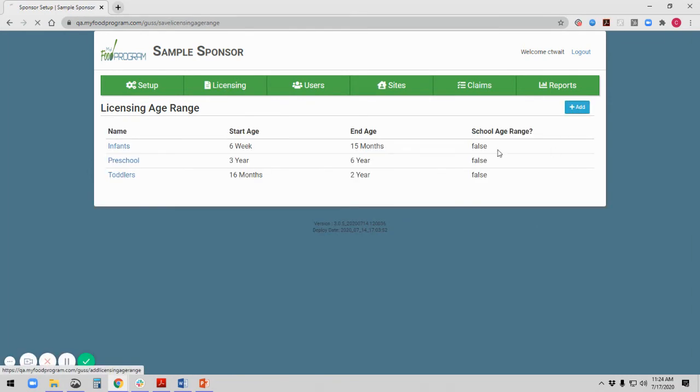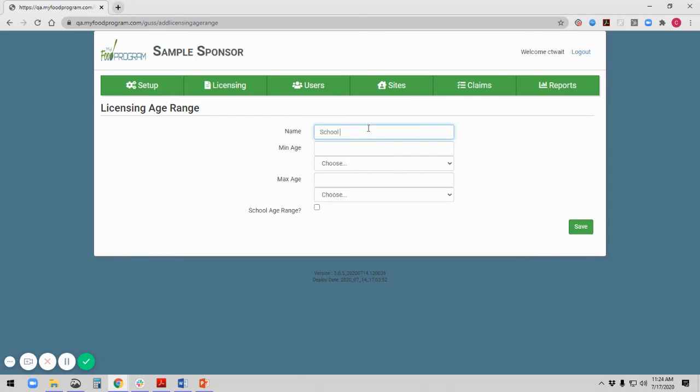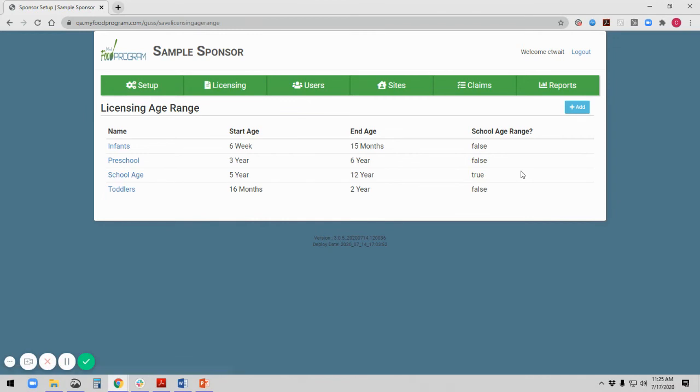And then we'll add a school age range, and the earliest that can be is 5 years old. And then they can have kids in care right up until they turn 13. And we're going to designate this as a school age range. Again, you only have to do this if you've got age ranges that overlap, and one is for school age children and the other is for non-school age children, and you've got kids in the middle, and you have to tell us which group they belong in. So we're going to click Save on that. And then I'm going to go into the site and show you how to put in those license